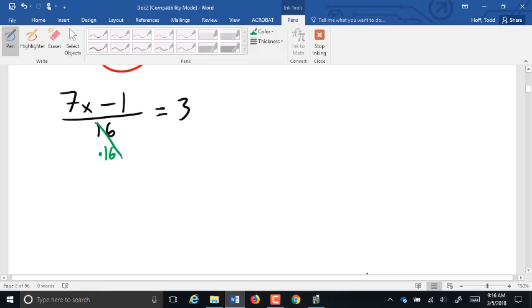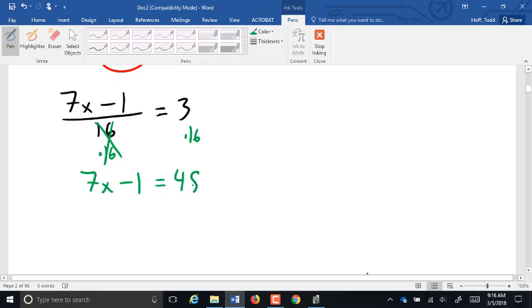I have to multiply the 16 to get rid of it. I have to multiply the other side by 16 as well. So on the left side, what do we have? Just the 7x minus 1. The 16's disappeared. Everything else is the same. On the right side,